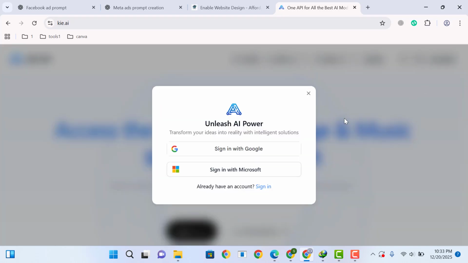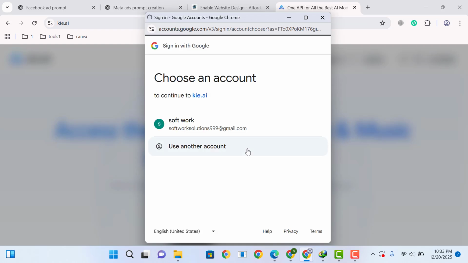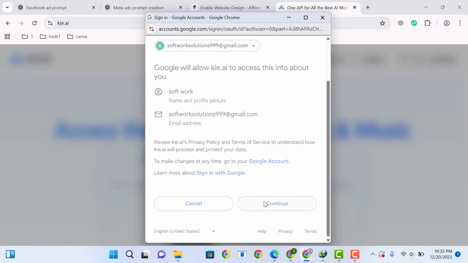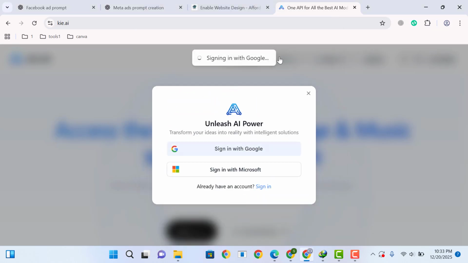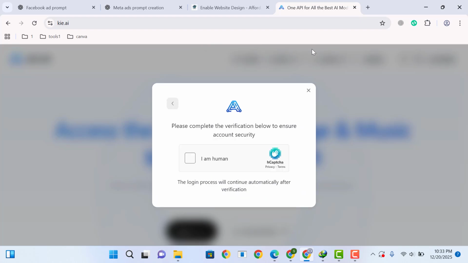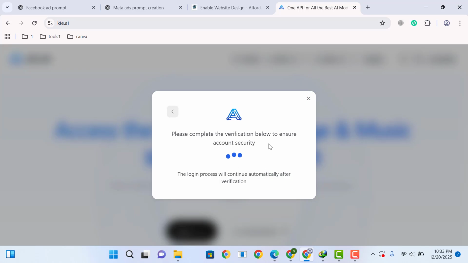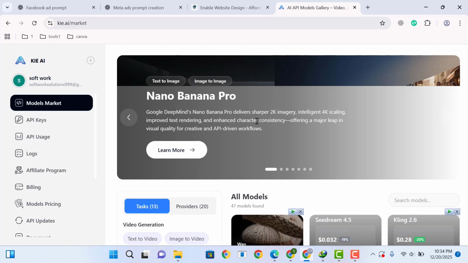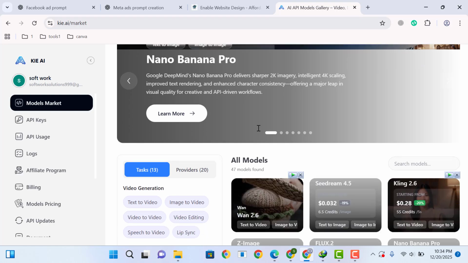So now let's click on get started and then sign in with Google account. Allow access. And then you need to perform verification. Okay, after that now let me go back